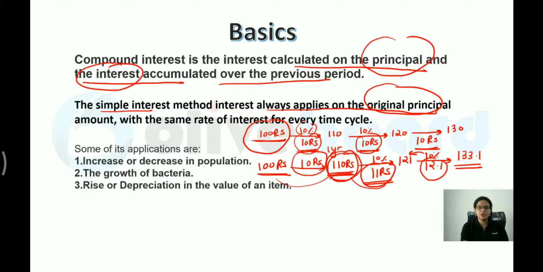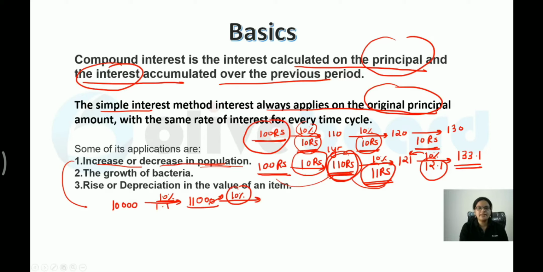Now, where can we use this concept? It is not necessary that the formulas you are going to learn will be applicable only in compound interest. There are 2-3 more applications. The first one is increase or decrease in population. For example, if the population is 10,000 and every year it is increasing by 10%, the same concept would be applicable. That is nothing but the compound interest concept. Here the multiplier would be 1.1, so 11,000 would be the new population. Again next year, when it increases by 10%, you have to take 10% of this amount.